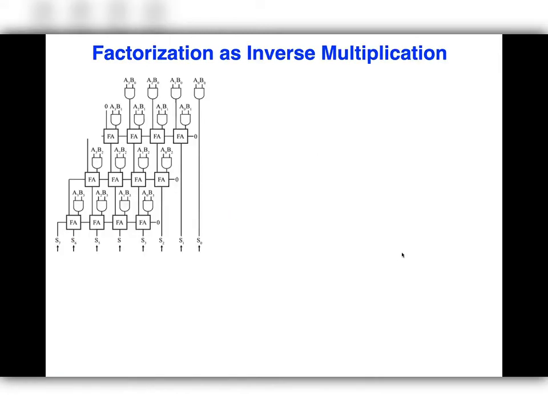Now, let me quickly, in the beginning of the talk, I mentioned this factorization as inverse multiplication. Now, this is a circuit that, if you're familiar with digital design, is a very familiar circuit for multiplication. This is the school book multiplication, where you multiply bits one by one, and then you add what you get at individual layers. So this really is a circuit that multiplies two numbers, two 4-bit numbers to be precise.